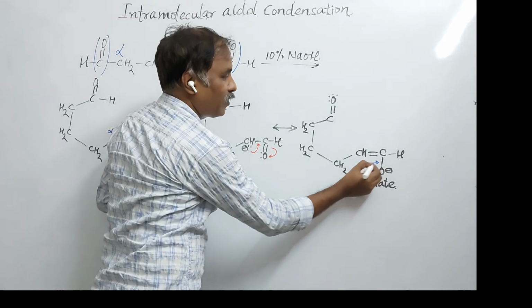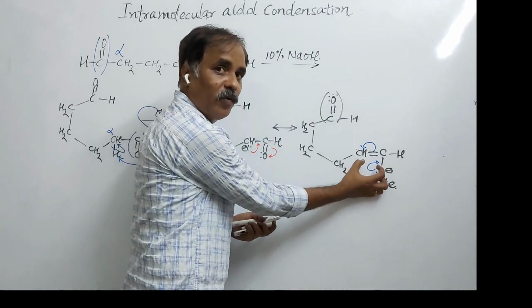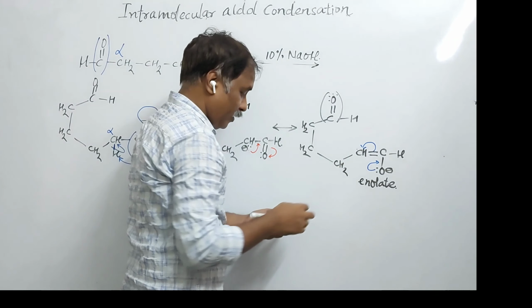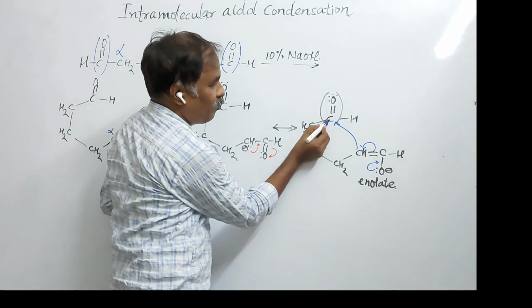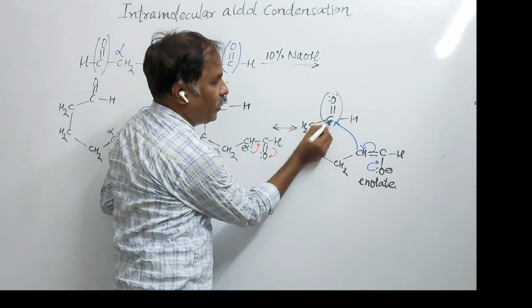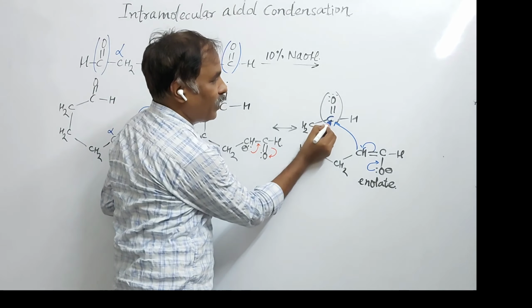Now here is another carbonyl group, electron deficient, an electron acceptor. Here the electron density accumulated, so there is formation of a carbanion again. So the attack of this carbanion on this carbon of the carbonyl, and the formation of a new carbon-carbon single bond here. Now this carbon is pentavalent: 1, 2, 3, 4 and 5.